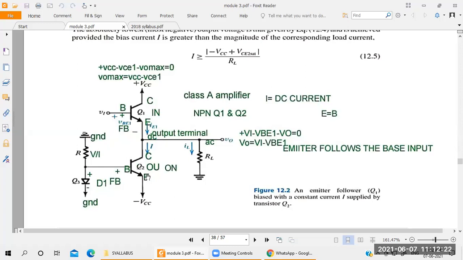Base, collector, and emitter. Okay, so base, collector, emitter. Emitter is connected where here? Ground or negative voltage. Okay, here you take negative VCC. Negative VCC means we are applying a negative voltage, like minus 5 volts or minus 12 volts. You have to take it as constant because this is the DC voltage, VCC, not AC voltage here.